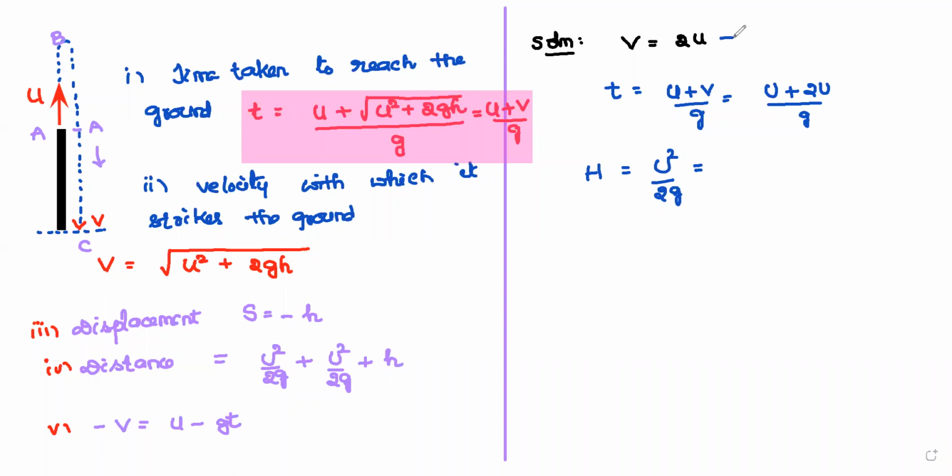U is equals to, shall I substitute here? This is equals to V by 2. Why? Because I think he gave. If we take V as negative in the formula, then minus V equals to U minus A, then why not V equals to